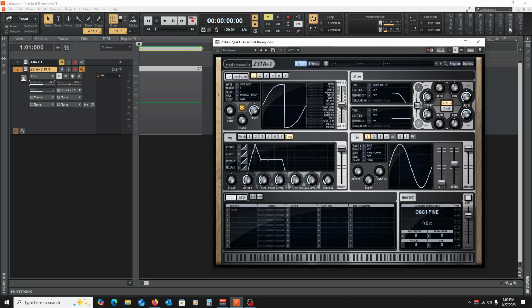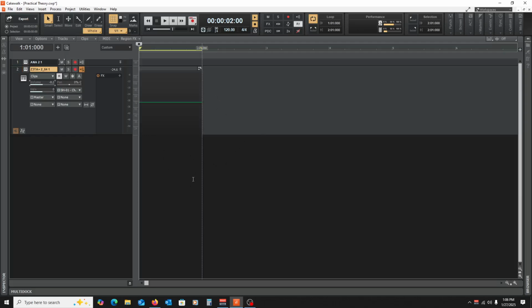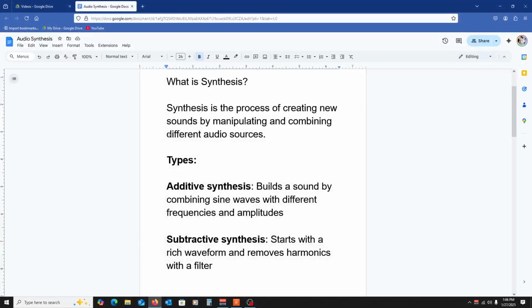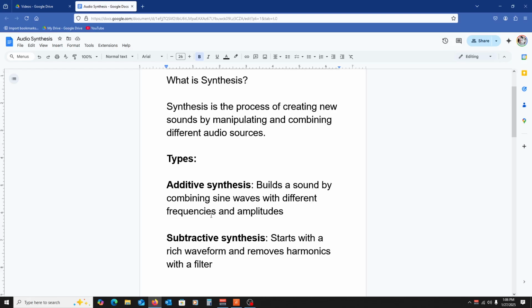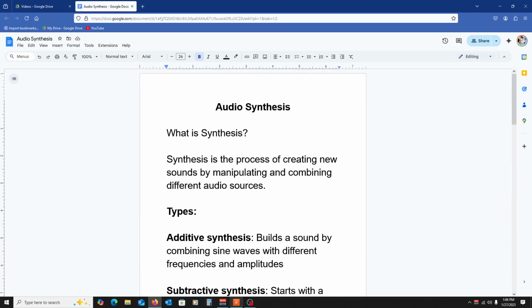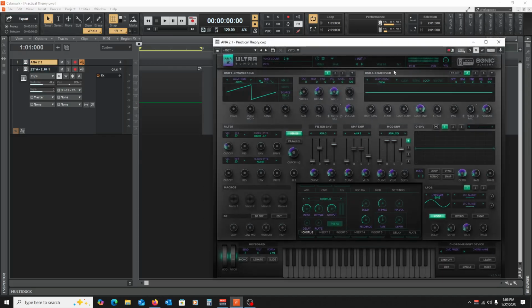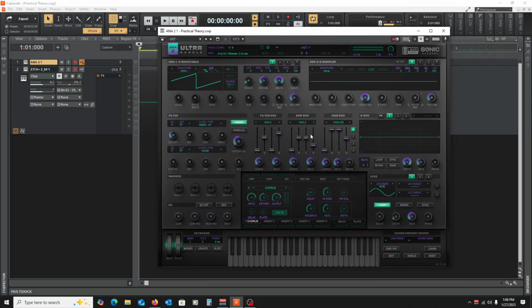Hopefully this is all making sense and you're understanding the basic principles of synthesizers. Now we're going to get into the different types of synthesizers, the different types of synthesis, if you will, and how the synthesizers do these in future videos. But this is just an introduction to synthesis and sound design, how to create sounds. And so with today's video, you should have at least a basic understanding of how to